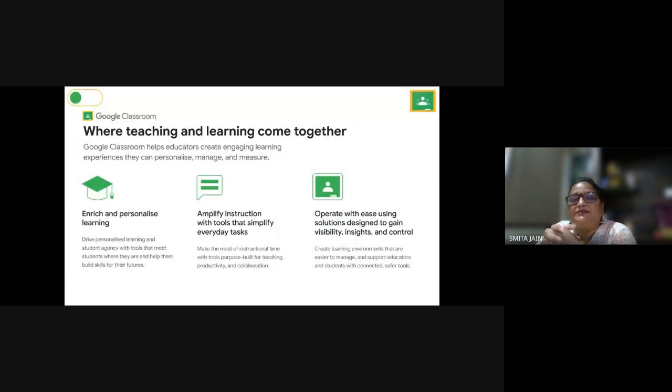Okay, so this is the slide which I was explaining, that this classroom is where teaching and learning come together. Its initiative allows students to have a collaborative and personalized learning experience, where they are learning in lecture theater, classrooms, or even at home. There are three specific things that I want to call out about classroom before we wrap up